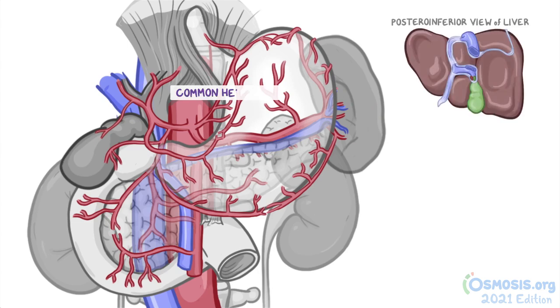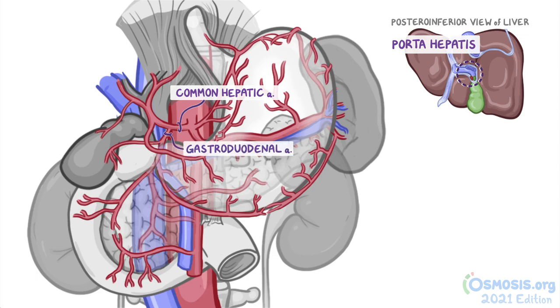Finally, the common hepatic artery goes towards the porta hepatis, which is a small but deep transverse fissure through which all the neurovascular structures of the liver pass. The common hepatic artery separates into 2 main branches. The first branch is the gastroduodenal artery that descends behind the first part of the duodenum and gives 2 more major branches. First is the right gastro-omental or gastroepiploic artery, which enters the greater omentum and passes along the greater